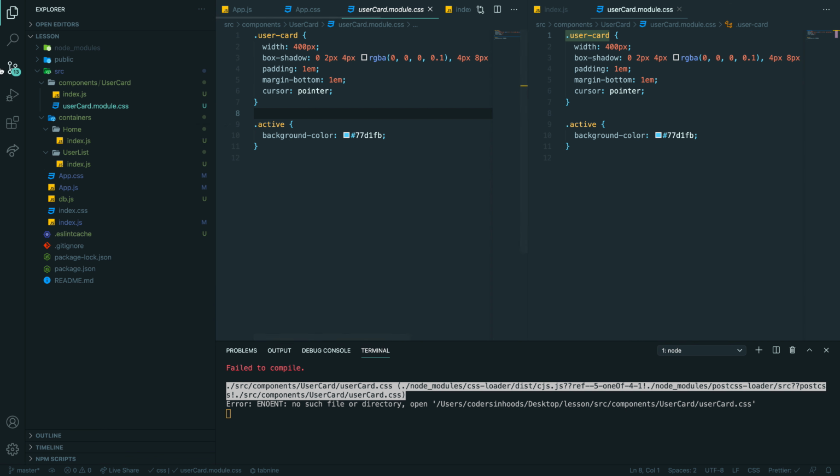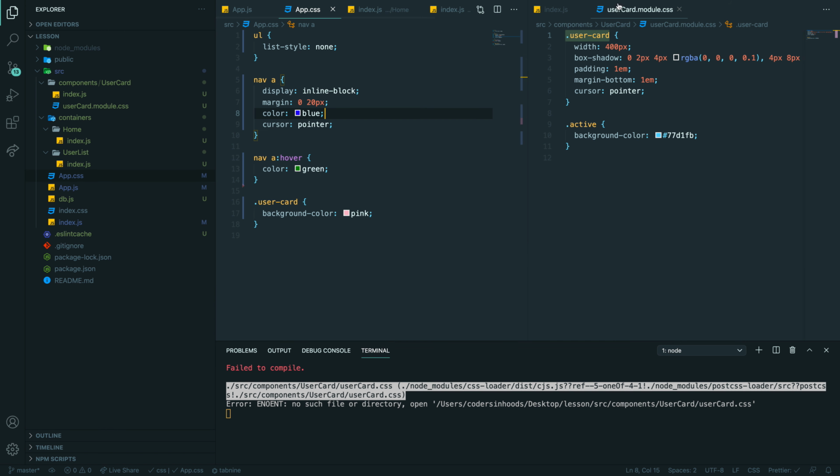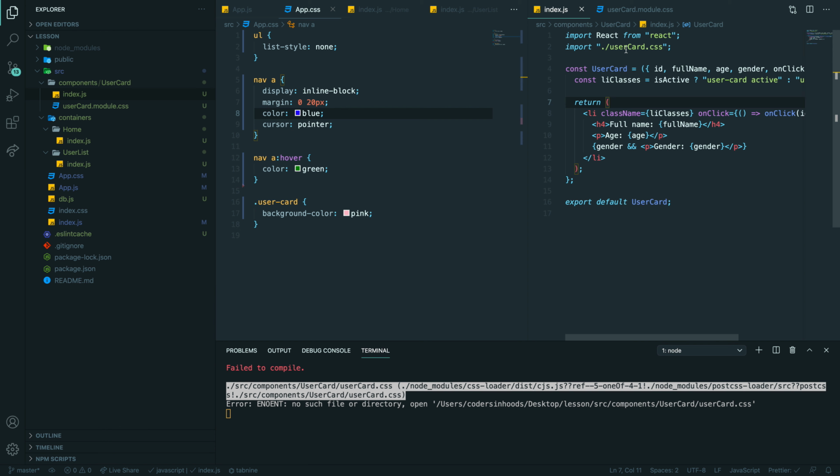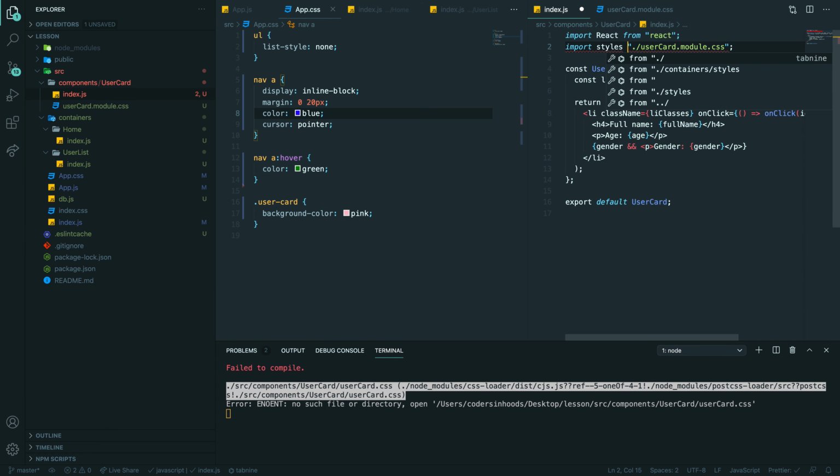So now this is the first step. Now where you're importing your stylings, user card, right? You want to have dot module, and now you want to import it as a variable, as a regular variable.